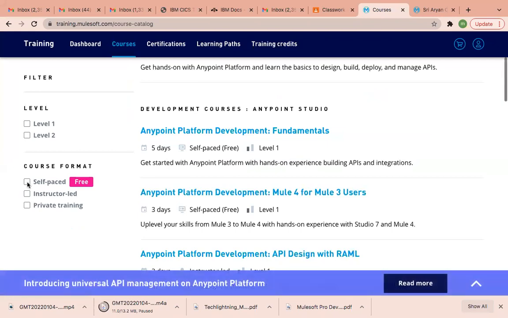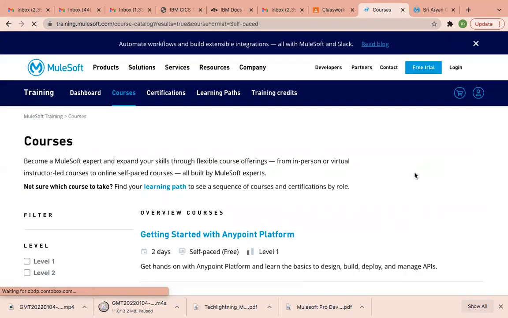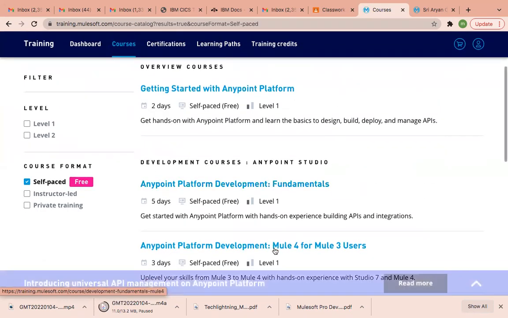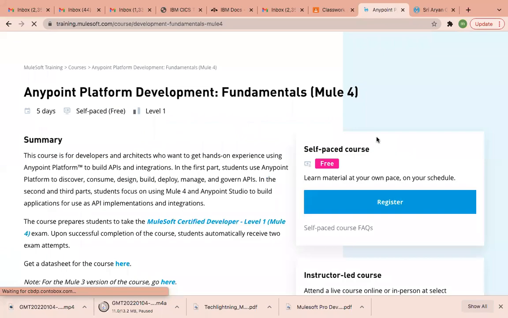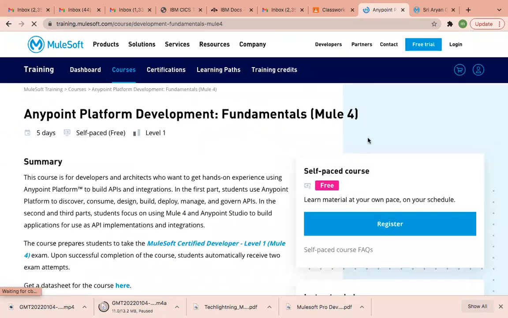Click on self-paced free. Second or third one, you can select it. Either this or this. Click on this, enroll, and register.